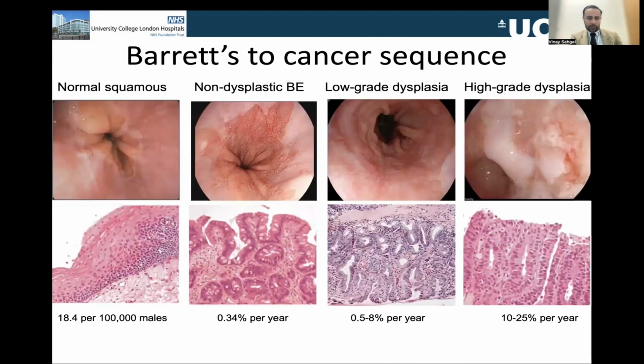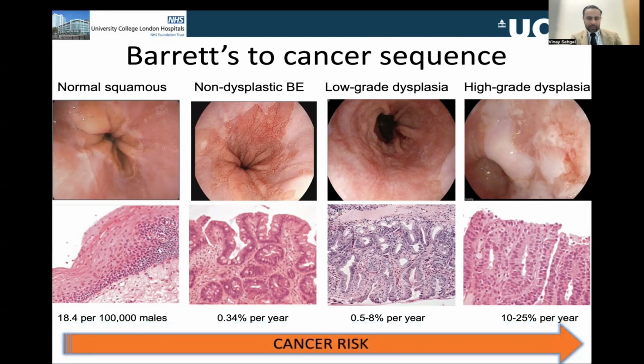So as you have heard today, there is a very well described Barrett's to cancer sequence where there is replacement of normal stratified squamous epithelium of the esophagus with columnar type metaplastic tissue. This we think is caused by chronic gastroesophageal reflux disease. Although the vast majority of patients will not develop cancer, there is a significant proportion that will, and there is a stepwise change in dysplasia from low through to high-grade dysplasia and cancer, whereby through each step your cancer